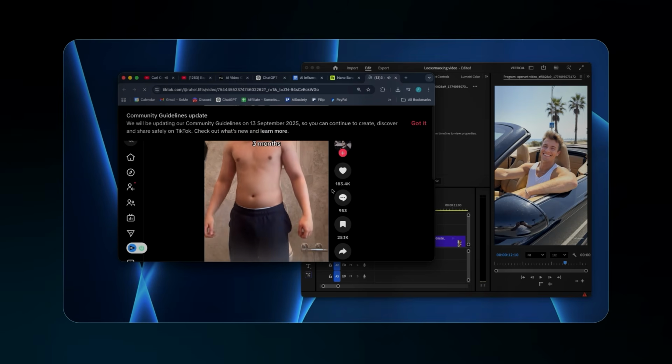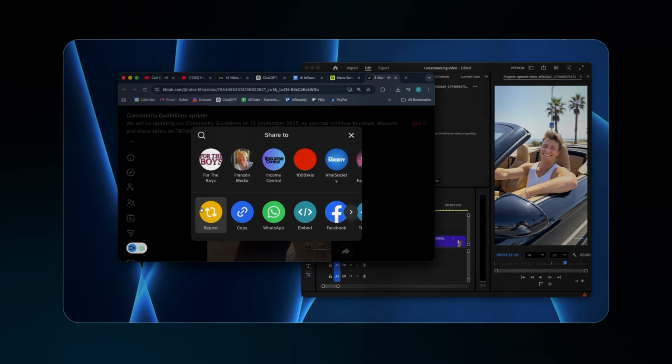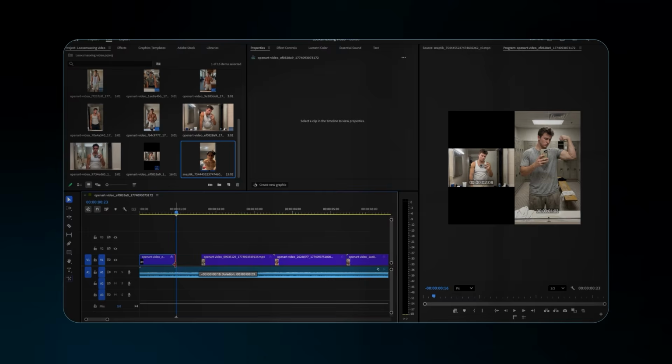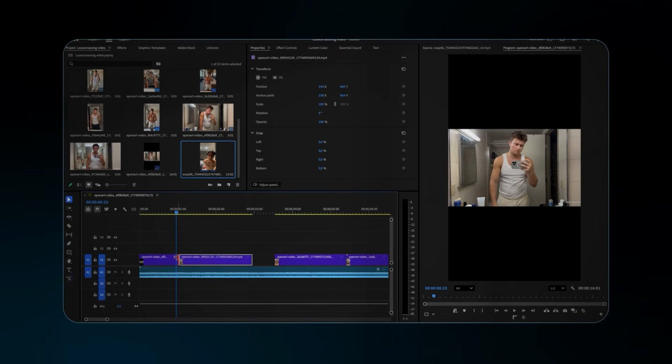Once all the visuals are added to the timeline, we need to add a viral sound. So to find one, I just looked up on TikTok what songs other viral videos with the same topic used. Because the easiest way to go viral is to copy what already works. To build up as much tension as possible, add the song to the timeline and time the drop at the exact moment the transformation hits.